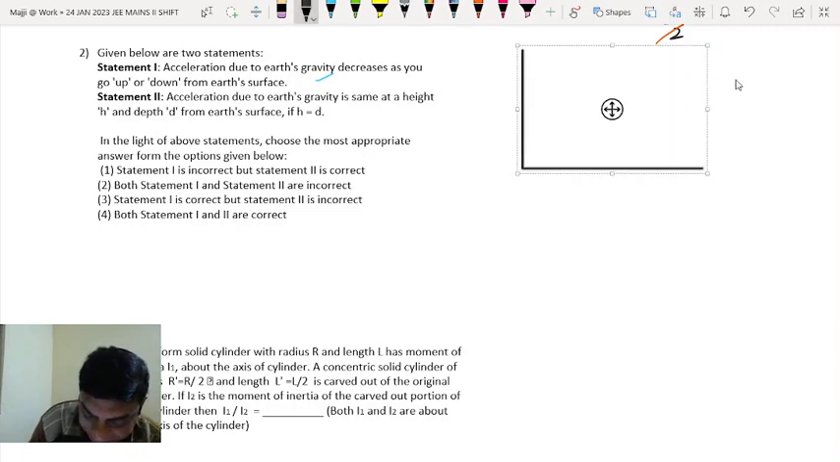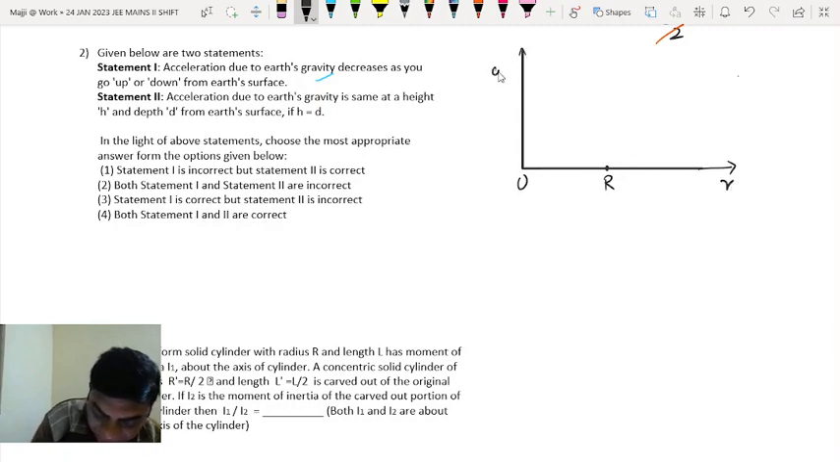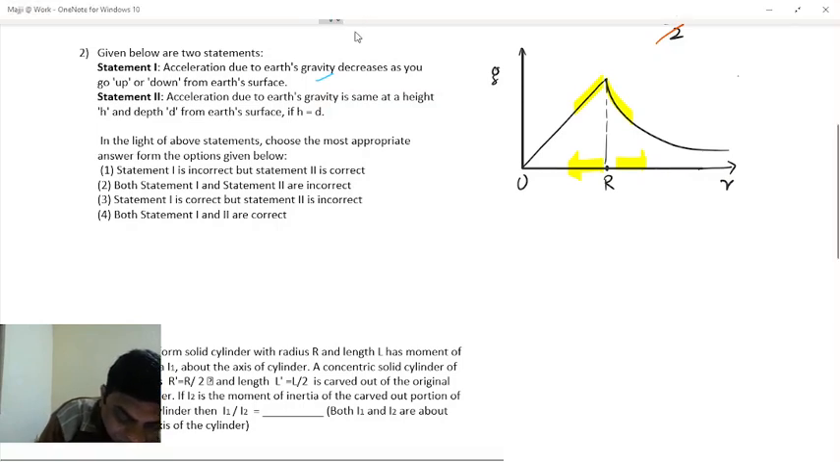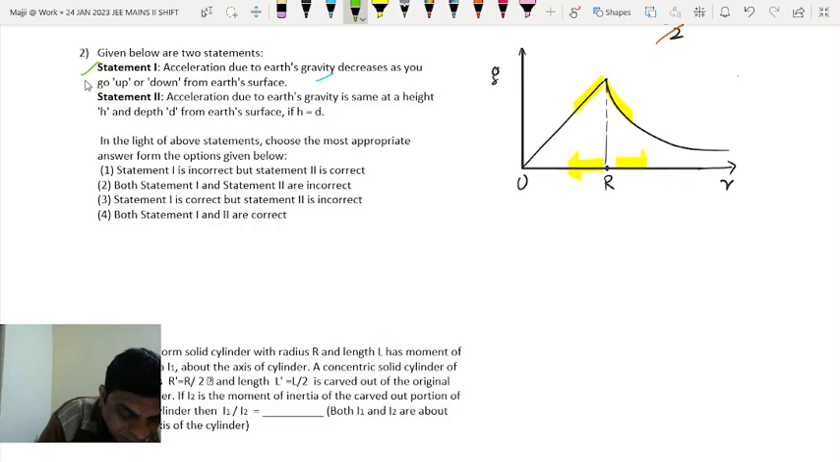down, isn't it? See here, when it is at a distance r, where r is the radius of Earth, the value of g is maximum. Inside it varies linearly, whereas outside it varies as inverse square law. So you can see as we move from the surface inside or outside, the value of g will reduce. So statement 1 is correct. Now coming to statement 2,